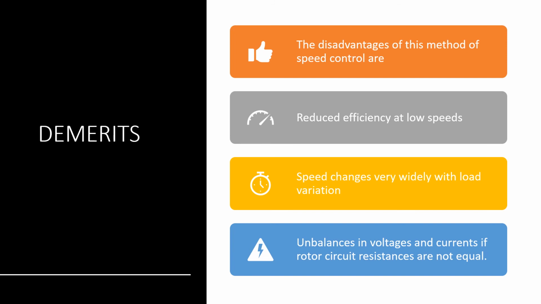This shows the overall demerits of the rotor resistance control system. In this method, as the resistance increases, the speed is varied, and it goes below the rated speed. So this can be used in devices with low speed regulation systems. It also produces reduced efficiency since it works at low speed, and the speed varies widely with load variations too.